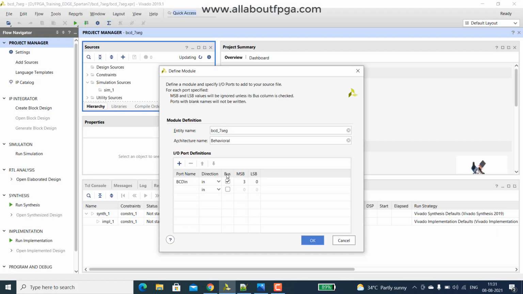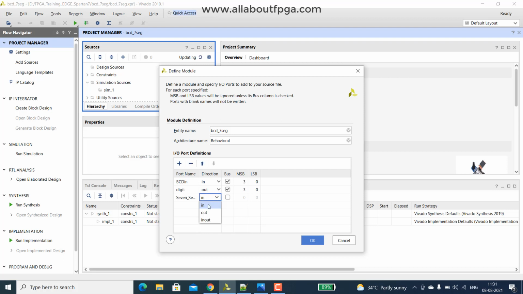So we assign digit. This is output. Make it as 3 down to 0. Then we have the 7 segment as an output.